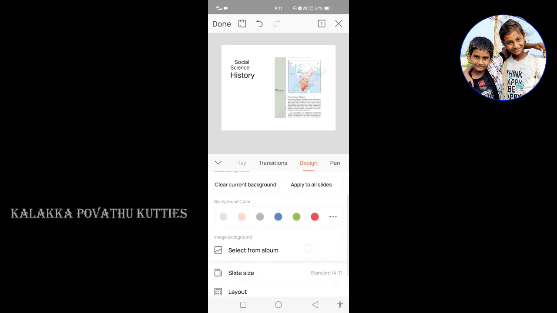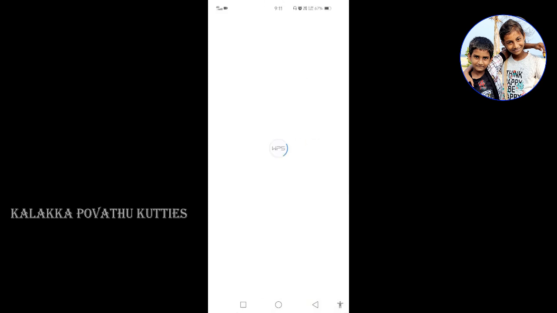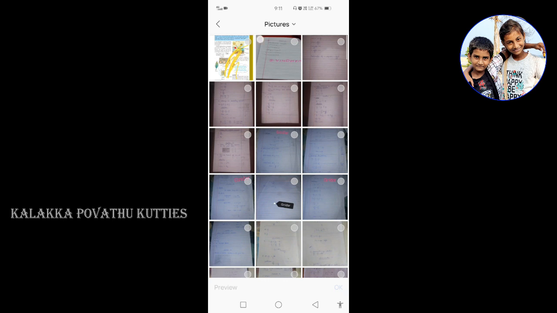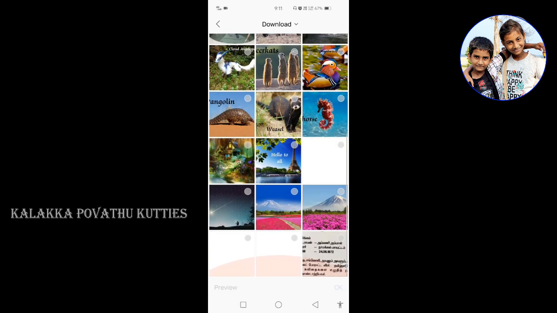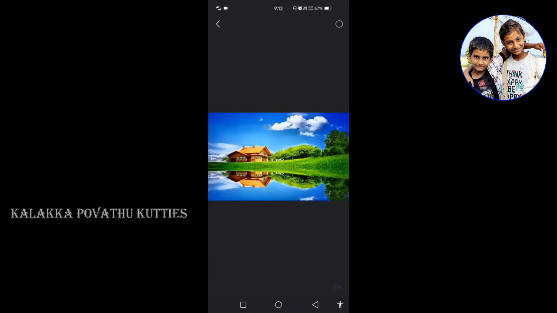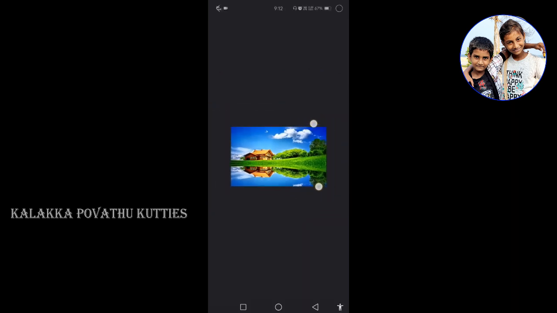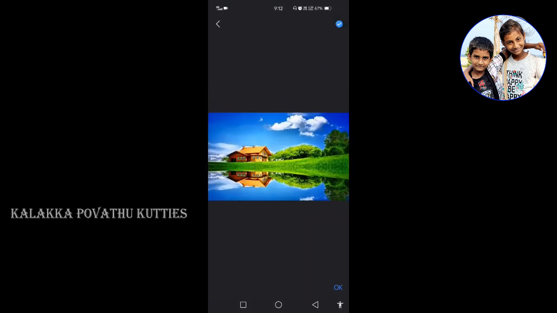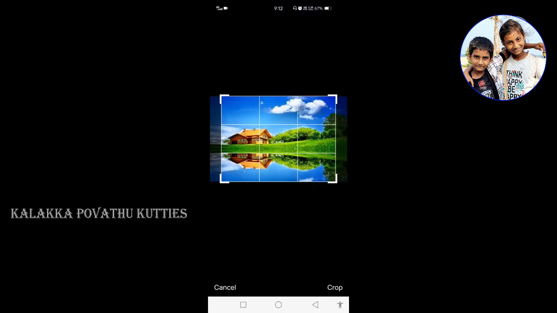I am also going to design again and select from album, and again downloads, and again I am going to give this. We can straight away select it, or we can go to that picture and see what picture it is, and we can select it and give OK.